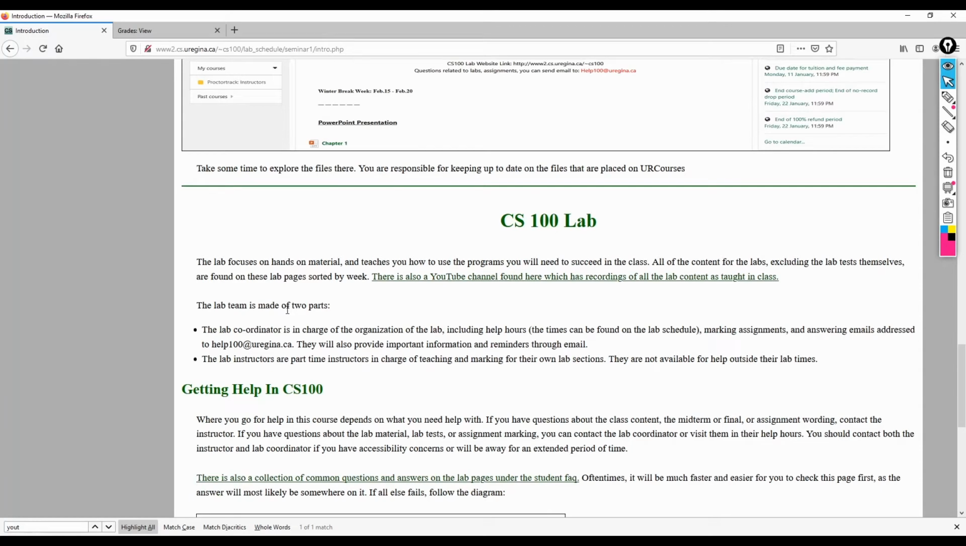The other half of the class is the CS100 Lab. The lab will focus on the hands-on material and how to use the programs you need to use to complete the assignments. All of the lab content is found on the lab pages themselves. All of the recordings can be found on a YouTube channel here or on the respective lab pages for where